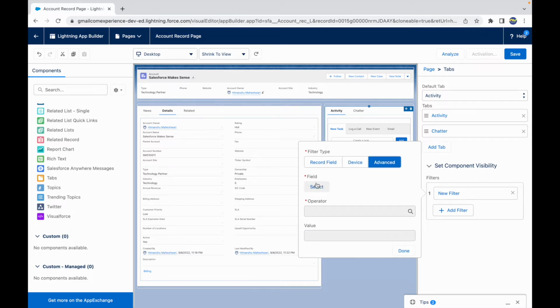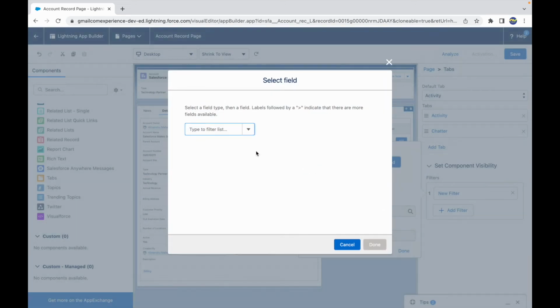And what's on the advanced, I can select a field based on all the relationships available. So I can take a look at the current record, or I can also take a look at the user. So for example, I want to show a particular section only if the user's profile is system administrator. So I can say user, I can say profile, and I can say name,